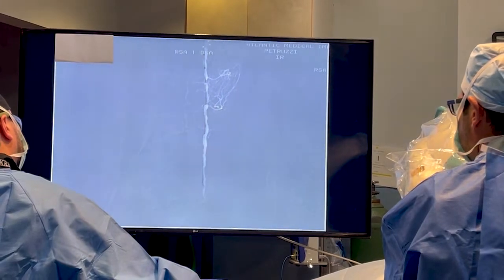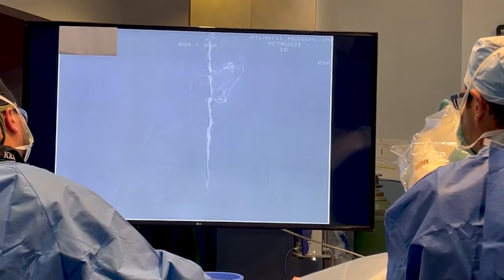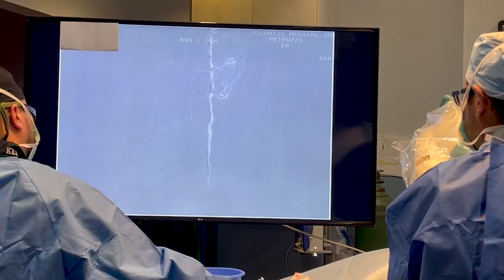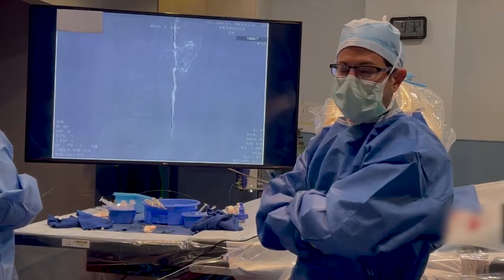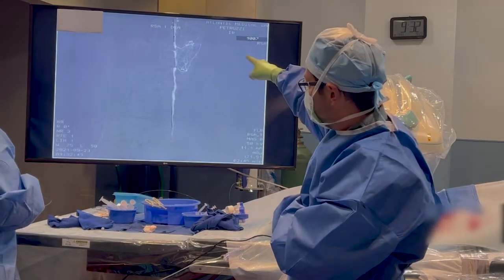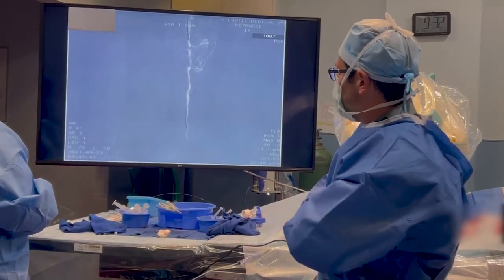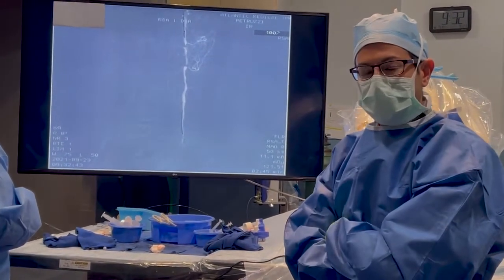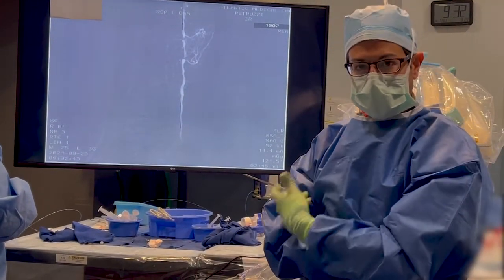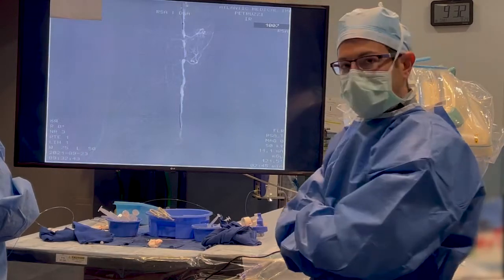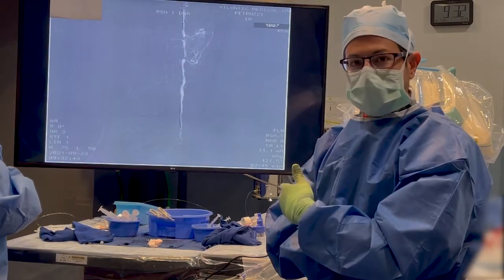And now that we have a wire through the blockage, this gives us a variety of different options that we can use to help treat the blockage. Look at our picture, you can see that the wire's through the blockage. We've navigated through that, and we have this little dot that's up top above the blockage on the screen. This is what's called an atherectomy device, which literally means removing plaque. So the plaque that's built up in the artery, this device is going to grind it down and help remove